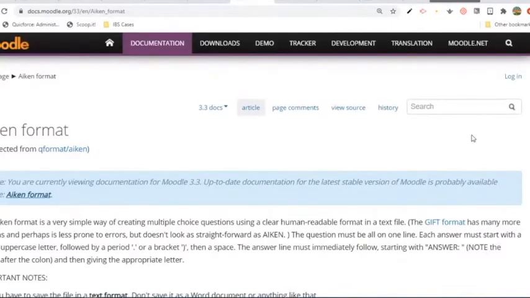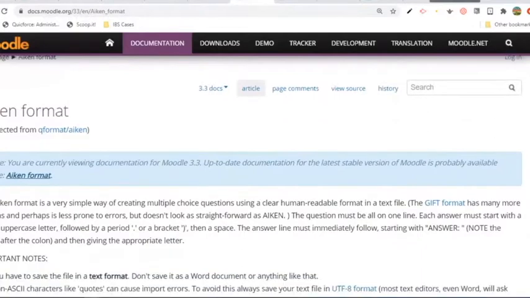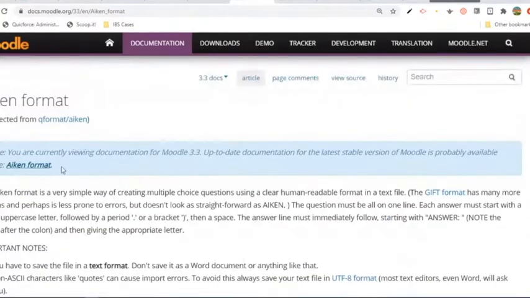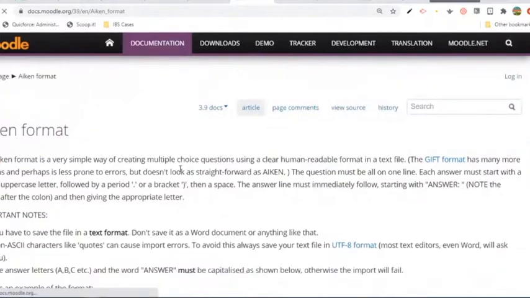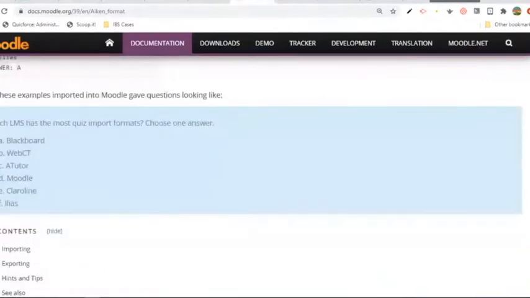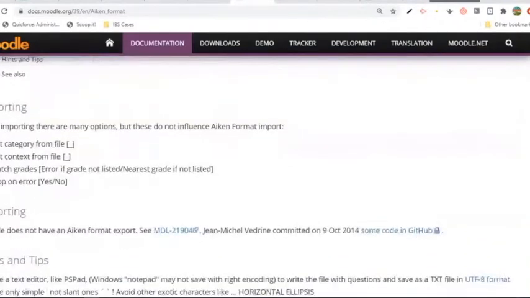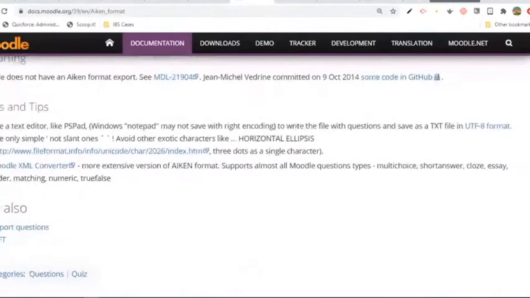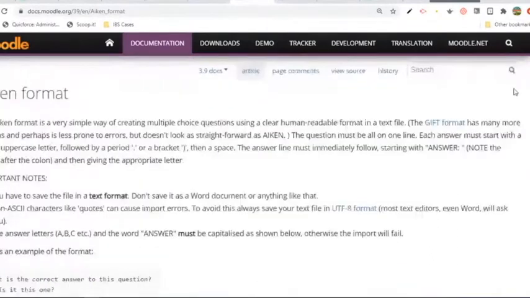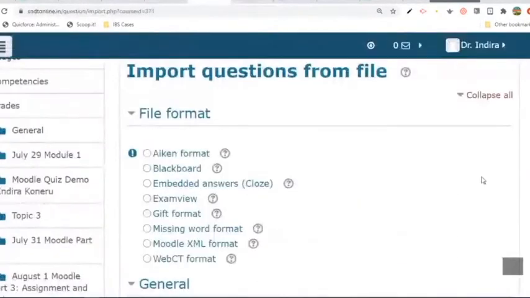So it will take us here, and depending on the version, if you want to go to the latest version, you can click here. Click on Aiken format, and there we have all the instructions and examples also. Okay, so again come back to this.